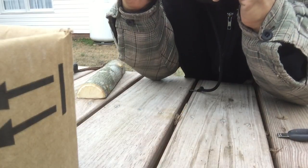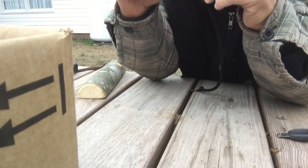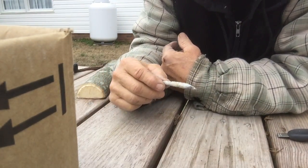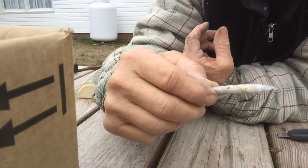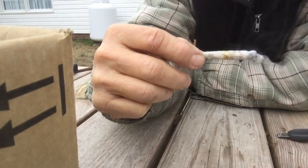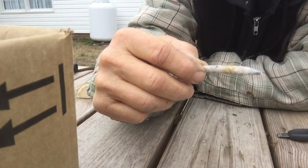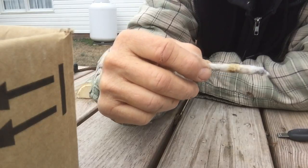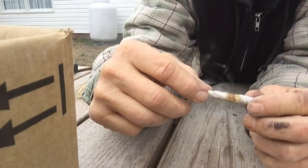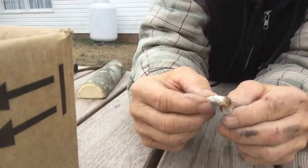Hang on. I smell smoke. So let's just see. See, it's burning through there. That friction created by the cotton fibers rubbing against the ashes has created a friction roll that started, and it's going to burn through. I just leave it alone until it burns through, and then we can go ahead and take this